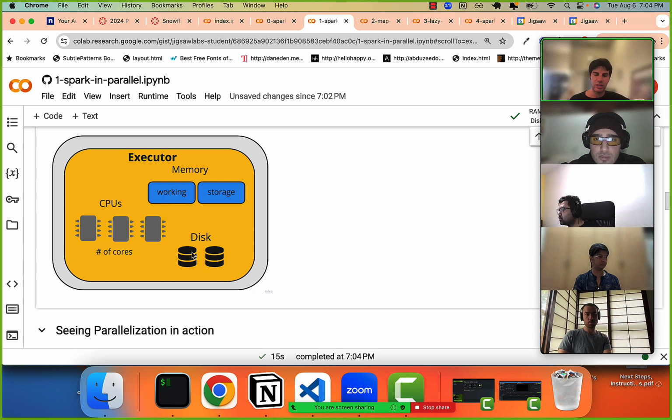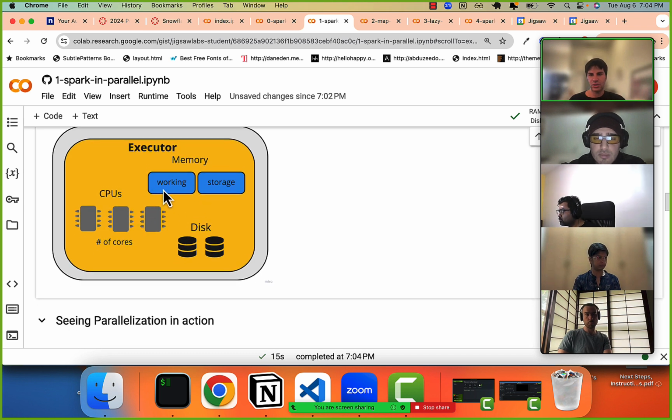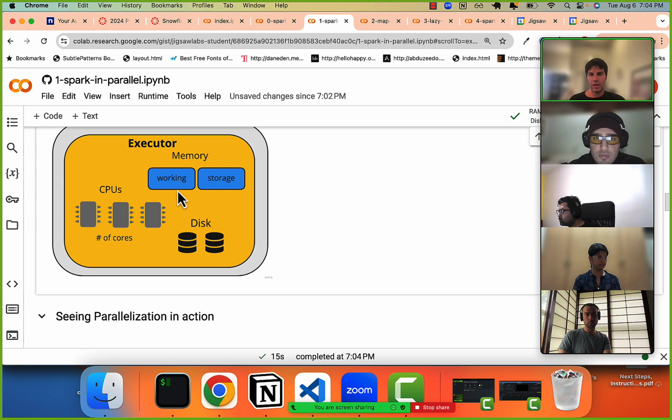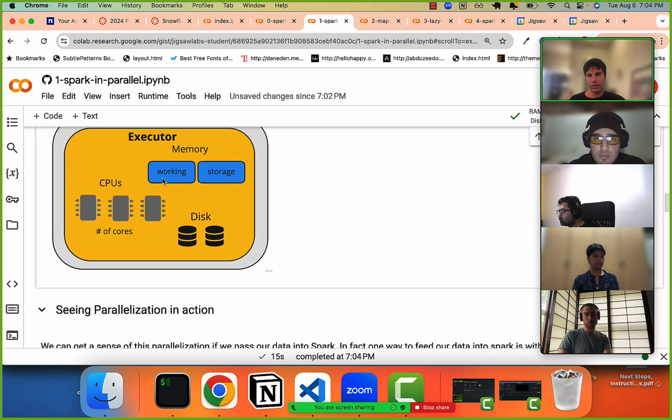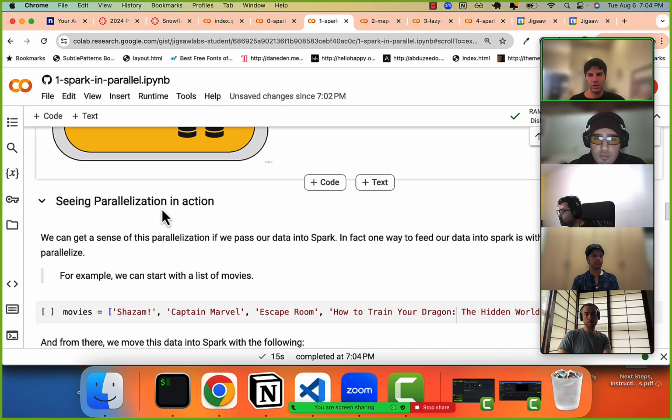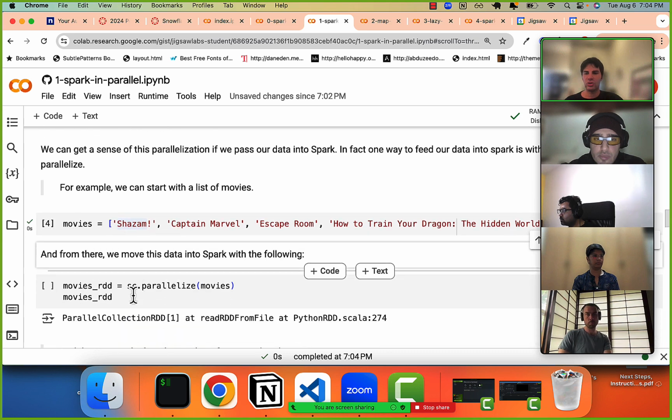It doesn't mean it doesn't happen, but it does that more as a spillover when it runs out of memory, and instead tries to just save any results it needs in working memory. All right, it's just dividing what it's using this memory for. And then, as we know, just to show you,